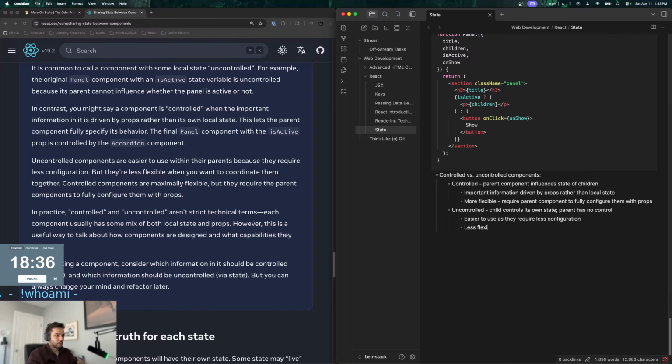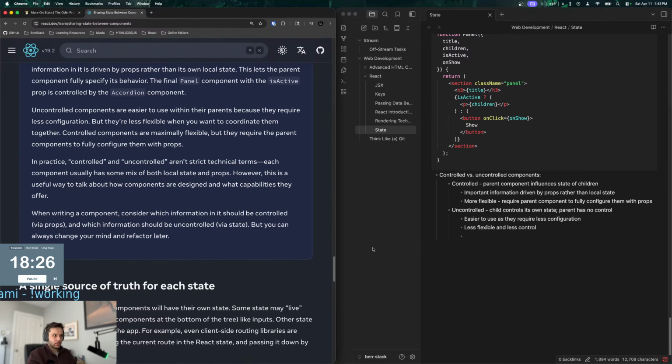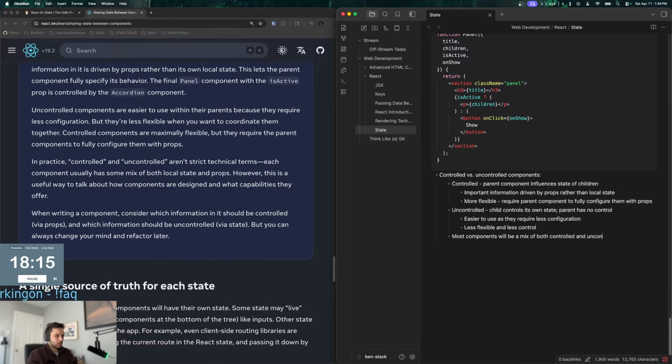Less flexible and less control. These aren't strict technical terms. For each component, it's some mix of both. Most components will be a mix of both controlled and uncontrolled for some state.